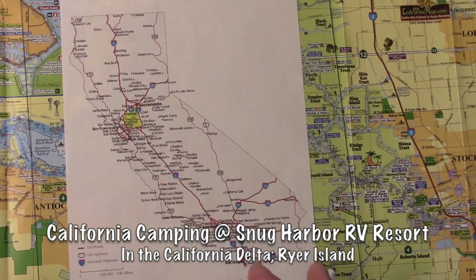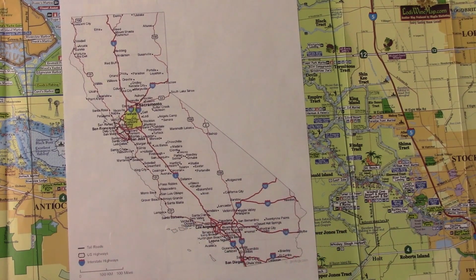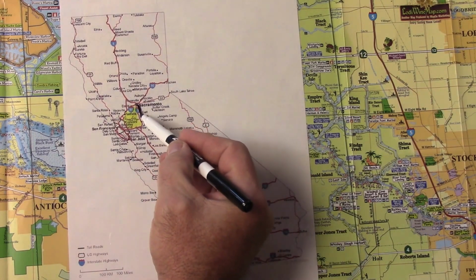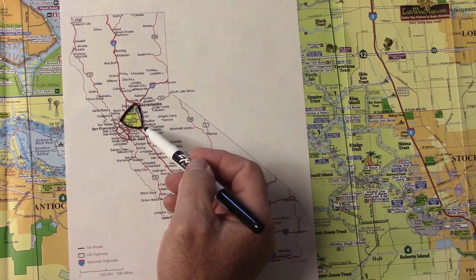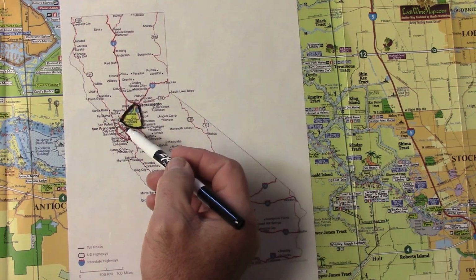Time to get outdoors and change your backyard. Let's go camping. Today we visit the Sacramento Delta area. The Delta is comprised of Sacramento down to Stockton over to Pittsburgh, about 1,000 miles of waterways in this region